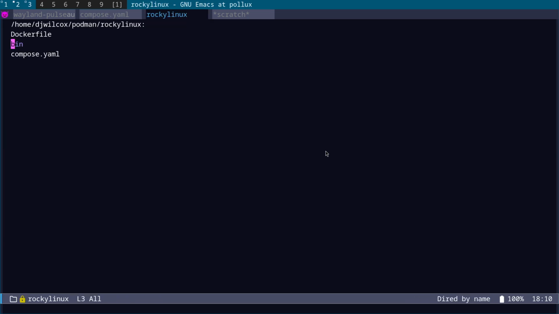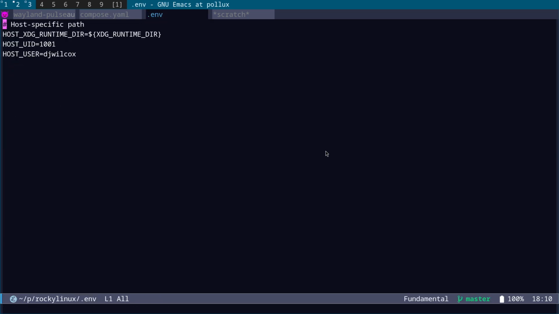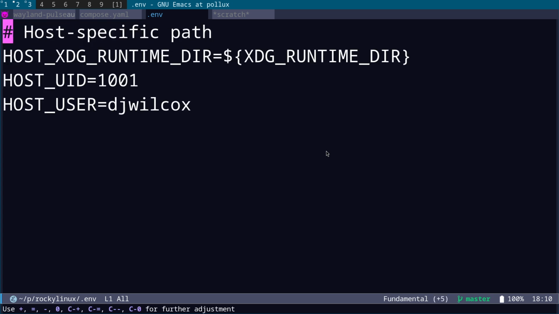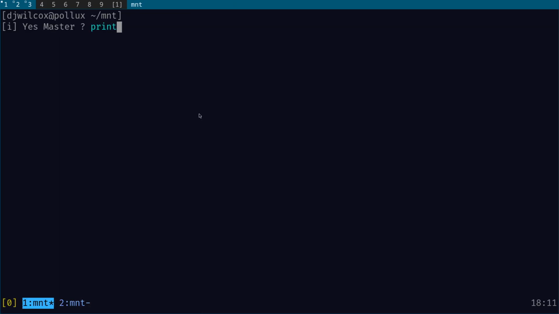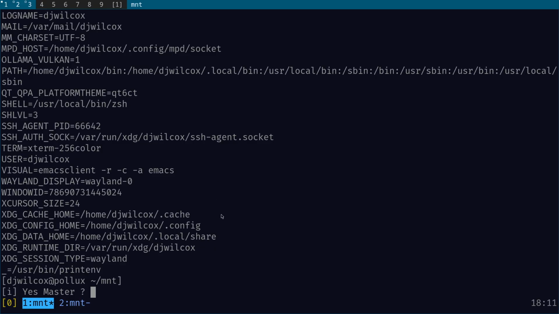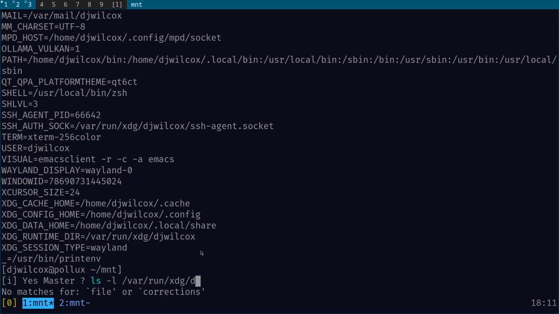And so what happens is, back to the env file, you see the three settings: host XDG runtime directory equals XDG runtime dir, the UID, and the username. So if I come across here and run printenv, what you'll see is the XDG runtime directory is /var/run/xdg/my username. And if I list that, /var/run/xdg/username,